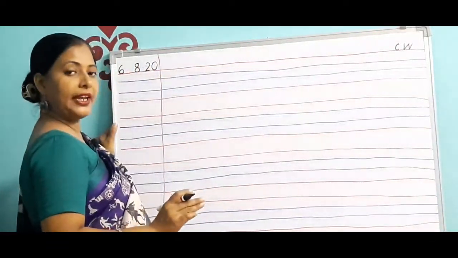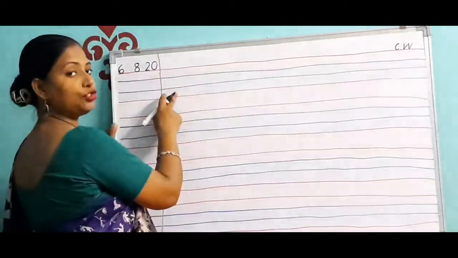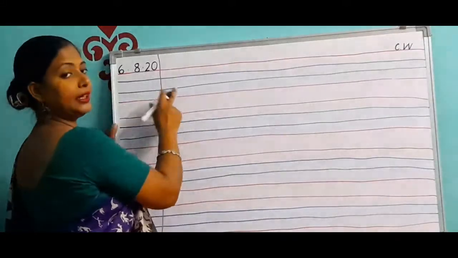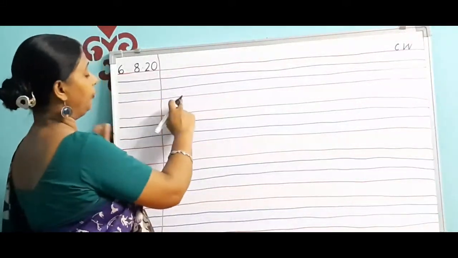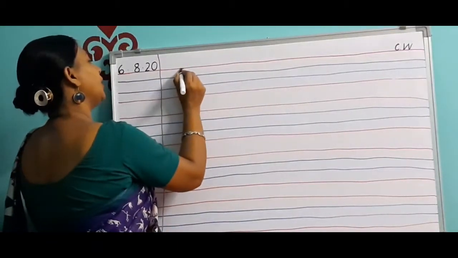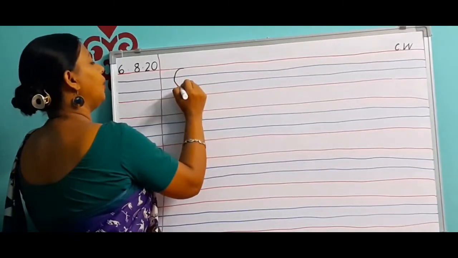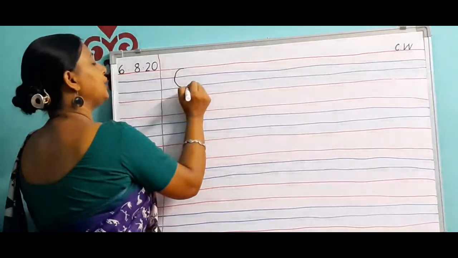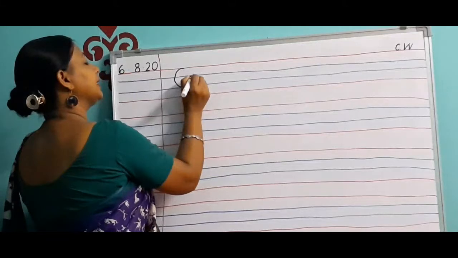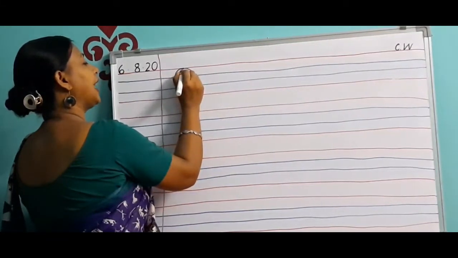Now look here. After N comes O. O for orange. See how you are going to write O. From the first line till the 3rd line you will draw. Don't come out of the line. From the first line you draw a semicircle like this. Come to the 3rd line. Don't stop over here. Continue and go up, touching the 2nd line, go up to the 1st line.